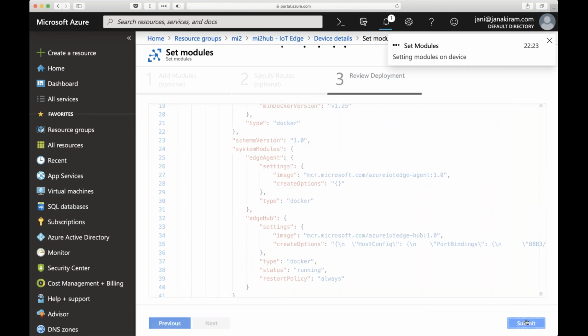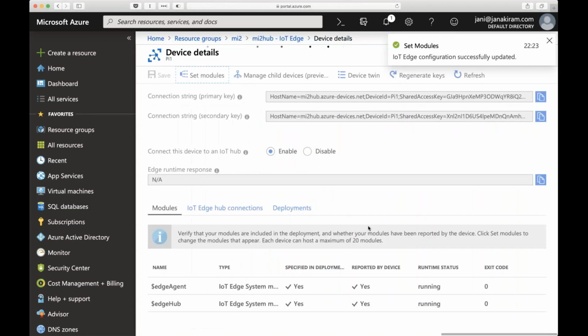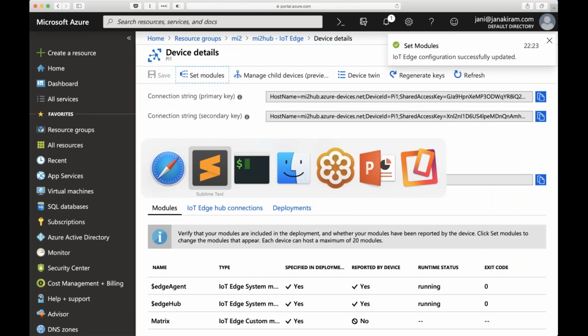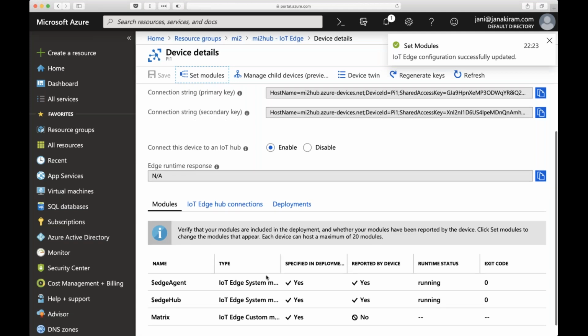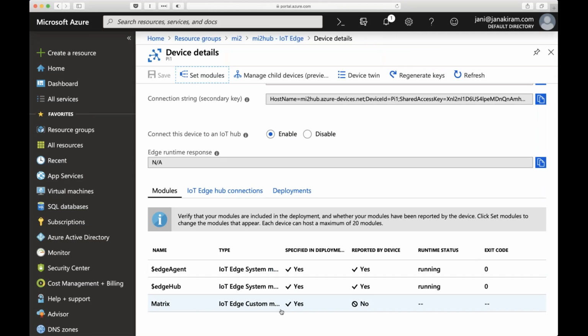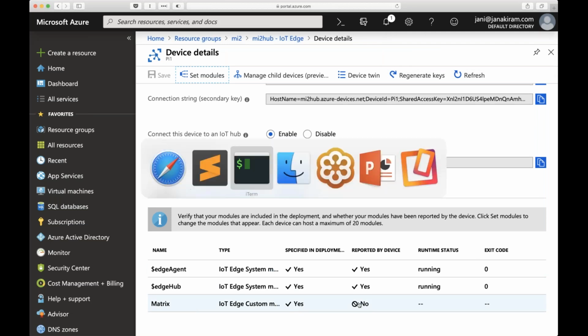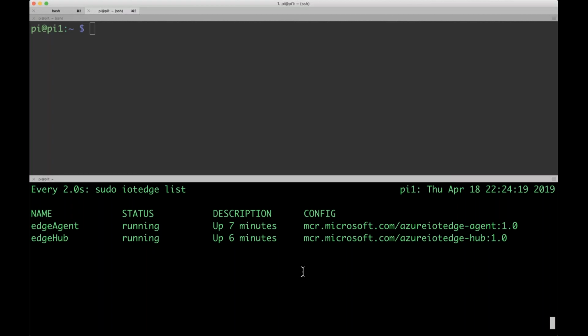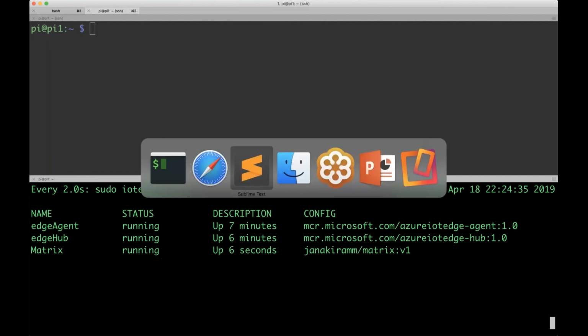Then we are going to hit on submit. Now, once we hit on submit, we are going to see some interesting things. So now it shows up in the portal. Matrix specified in the deployment, but not reported by the device. Now, when we actually come back and start monitoring this, very soon, you will notice that it is now deploying a new module called matrix. And now let me actually show you